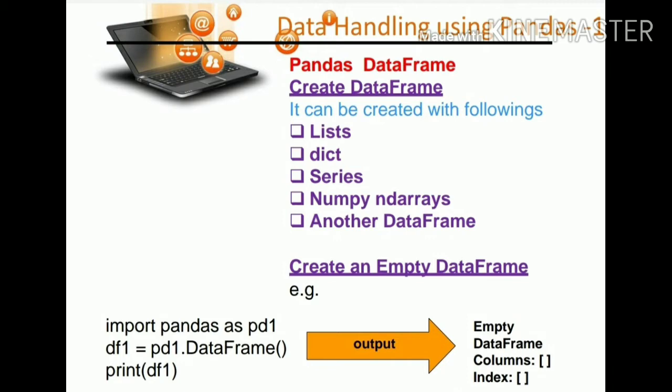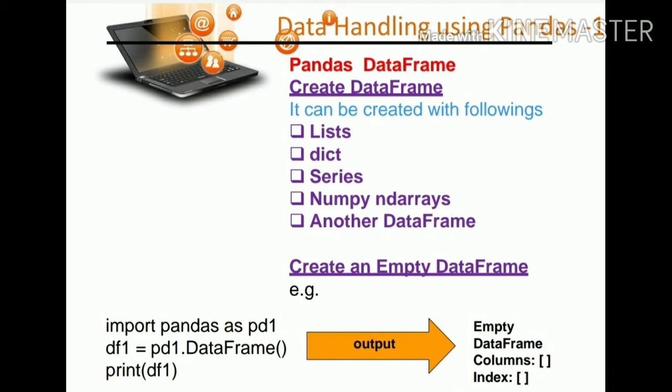Now you can see DataFrame. After DataFrame we have an empty bracket. This empty bracket shows that we are creating a data frame but giving no values. That's why it is an empty data frame. And if you want to see the structure, give the print command with df1 in brackets. So first we have to import the pandas library, then we create the data frame by the DataFrame function. We can save it in any variable, and then we can give a print command. Now see the output, it's an empty data frame.